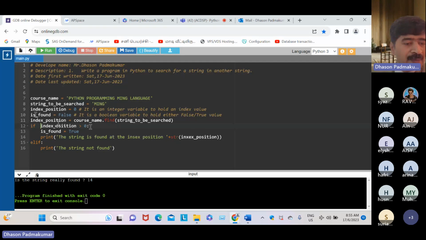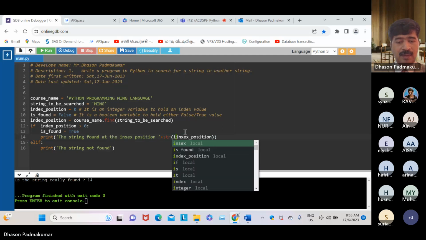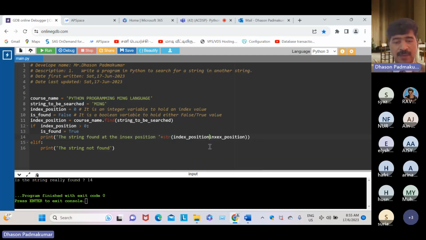Now this will become true. Print the string found. Okay, it is found at the index position here. Nice. Elif the string not found.